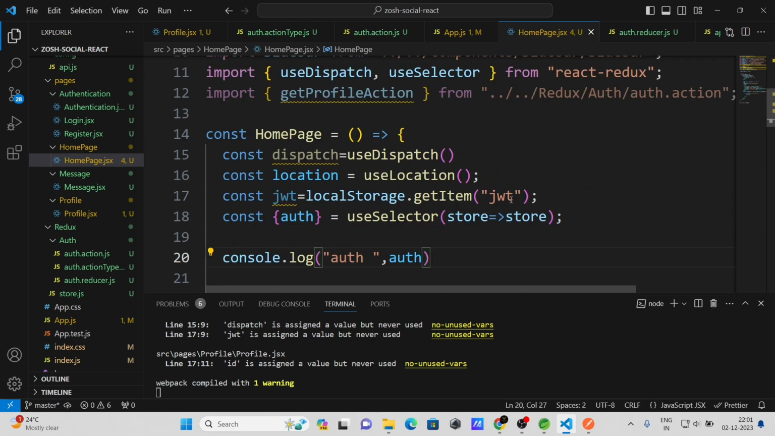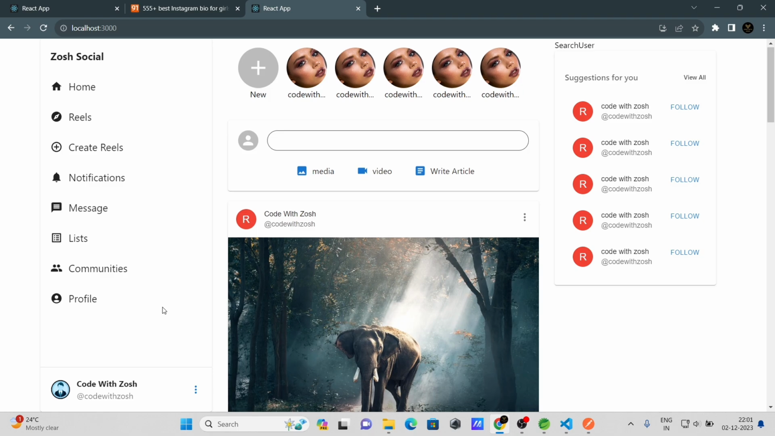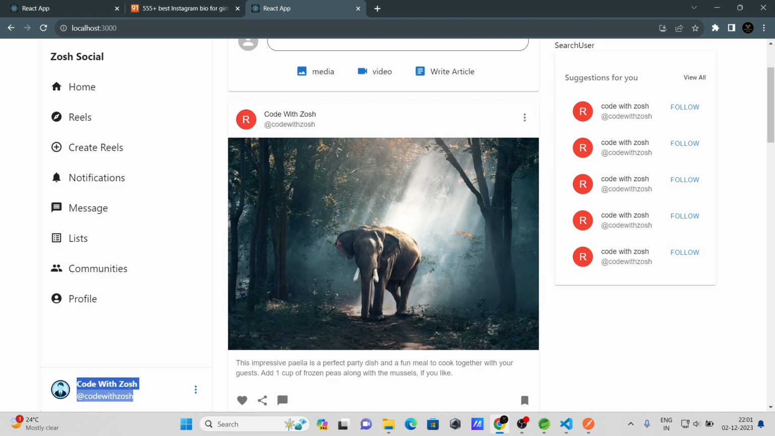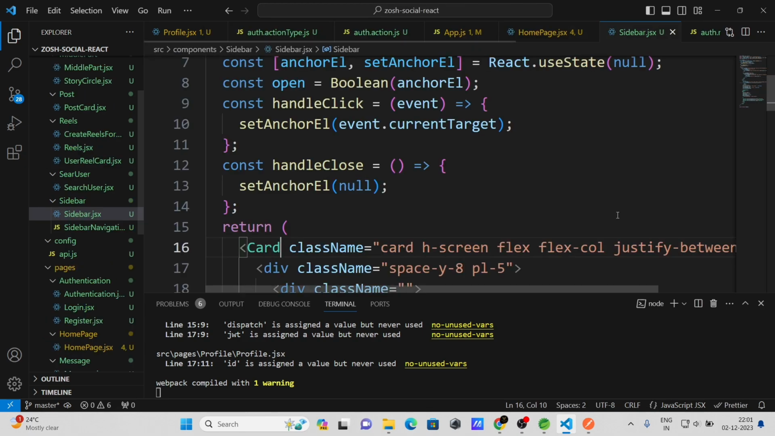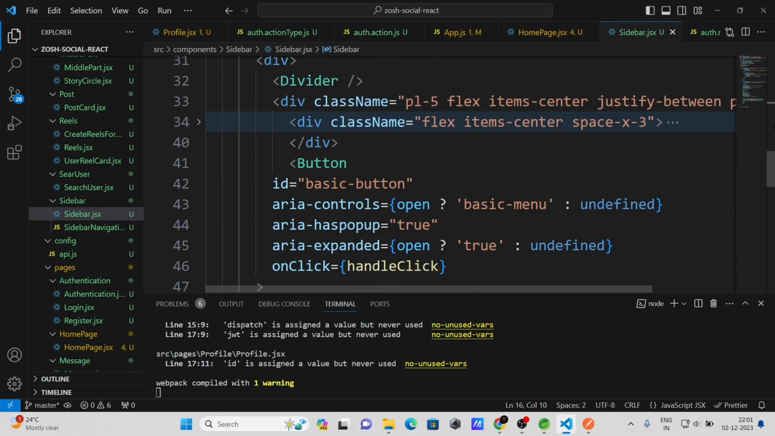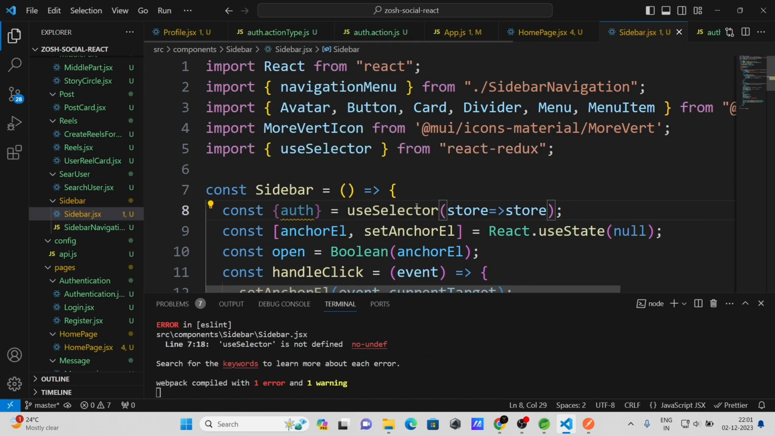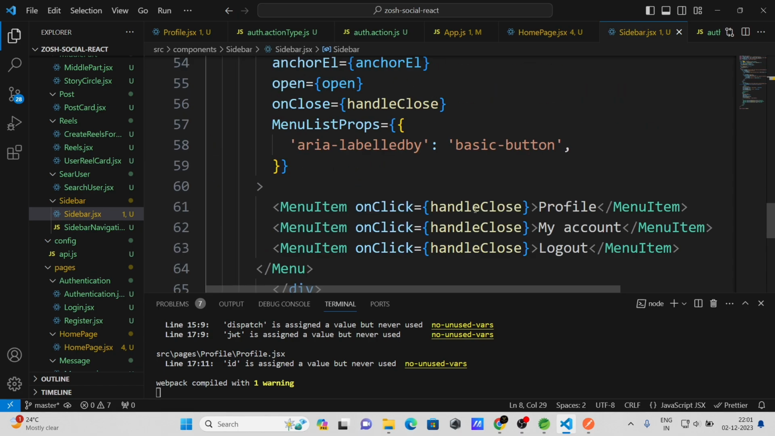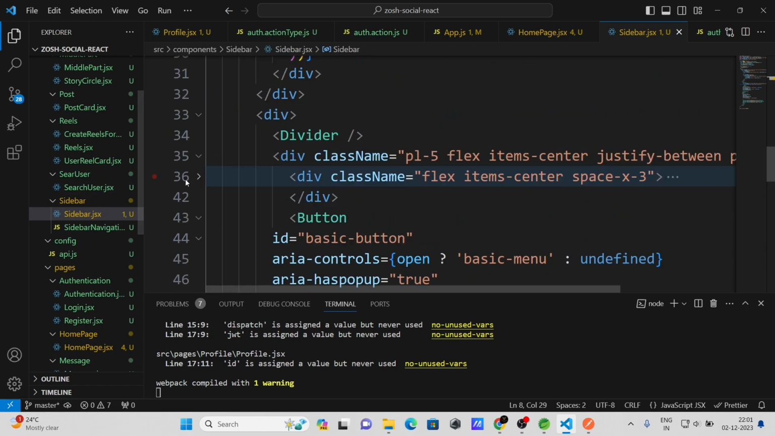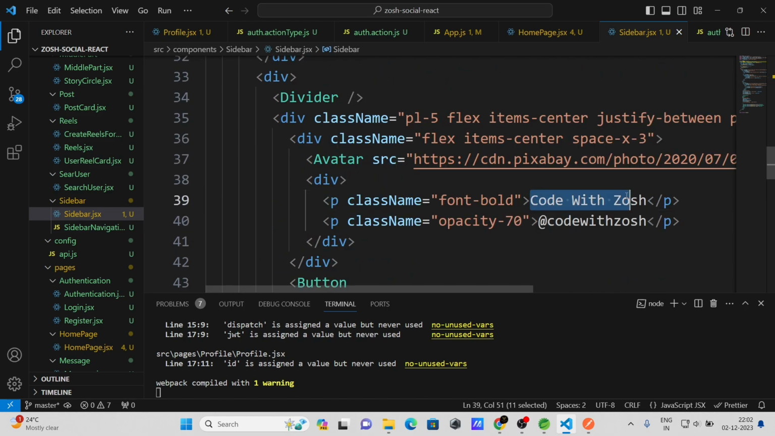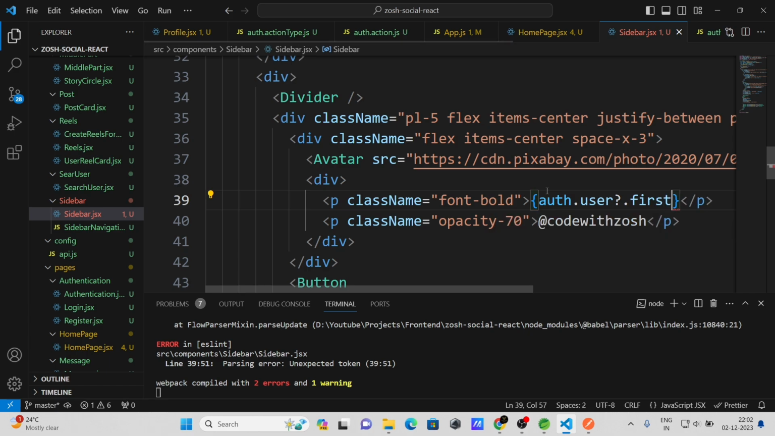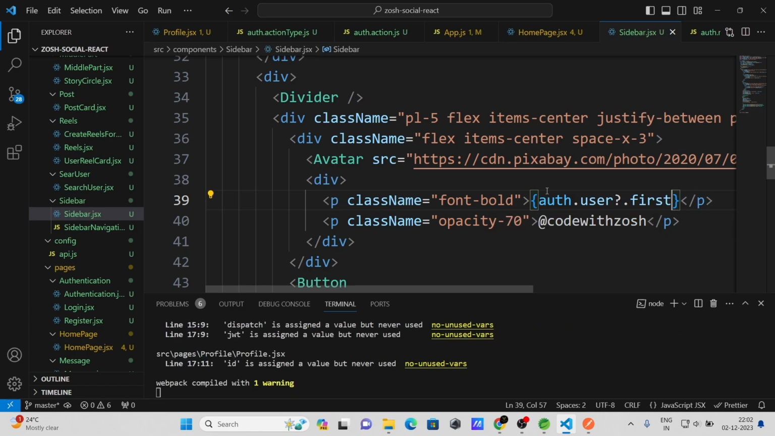So let's copy this, and the first thing we are gonna do is we'll change this dummy username to real username. Okay, so let me open sidebar.jsx, and here I will access store using useSelector, and I will go to below where I have given code with Josh dummy value. Instead of code with Josh, now I will write here auth.user.first name